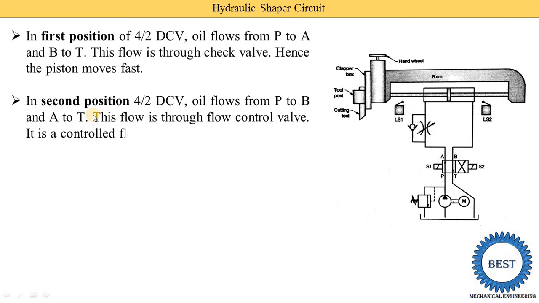and the directional control valve comes to the second position. So when the directional control valve comes to the second position of the 4x2 DCV, oil flows from P to B and A to T. Here you see that the P port is connected with this B port and the A port is connected with this T port. So oil is supplied from P to B. From the B port, oil is supplied to the rod end port,